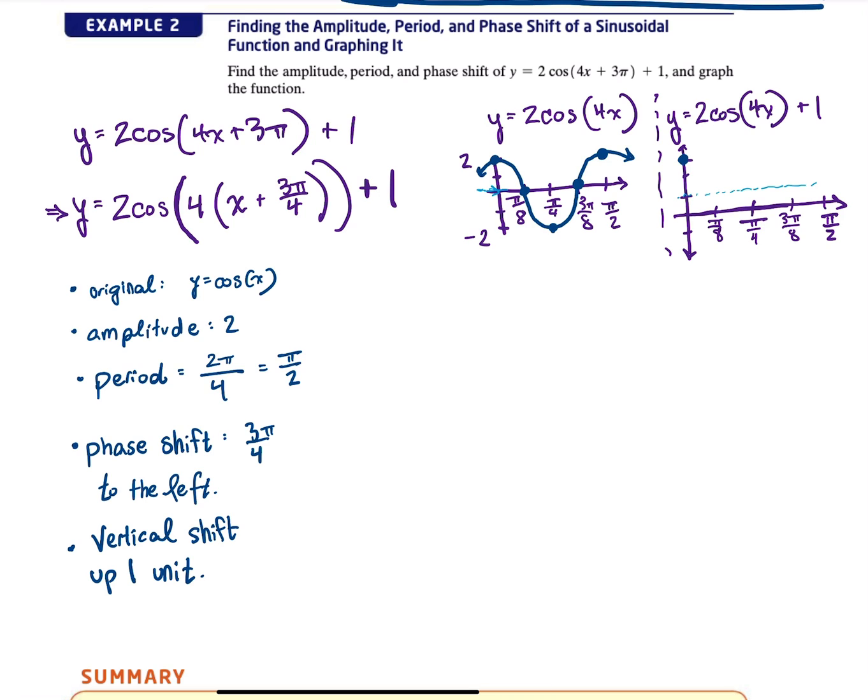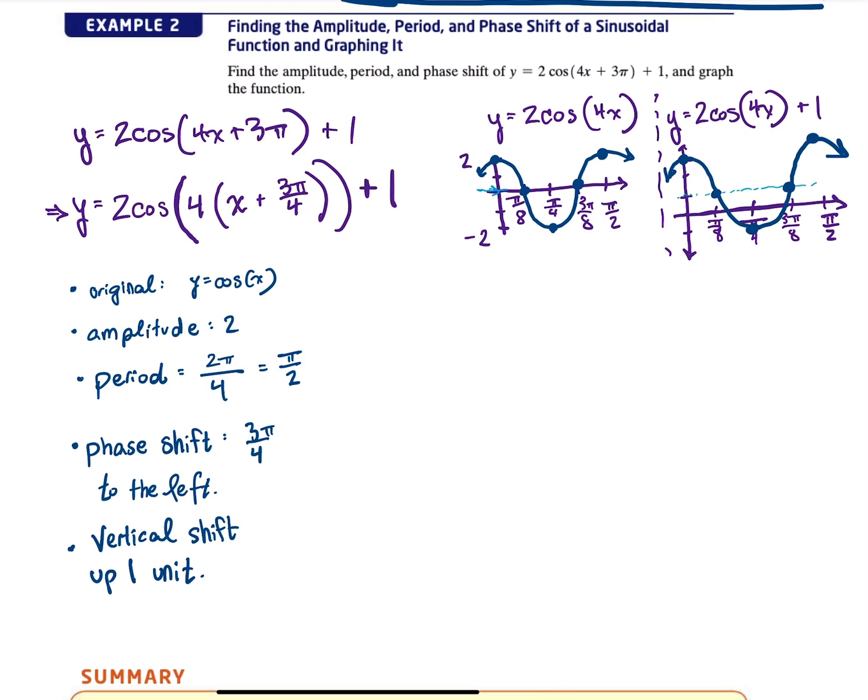So the cosine starts at the maximum, then goes to the middle point, down to its minimum, so it'll be down here at negative 1. Then back up to the middle point, and then ending the wave pattern back at its maximum. So something like this,